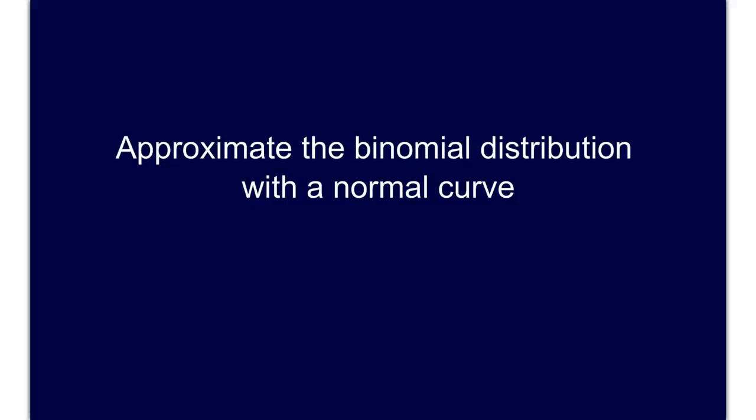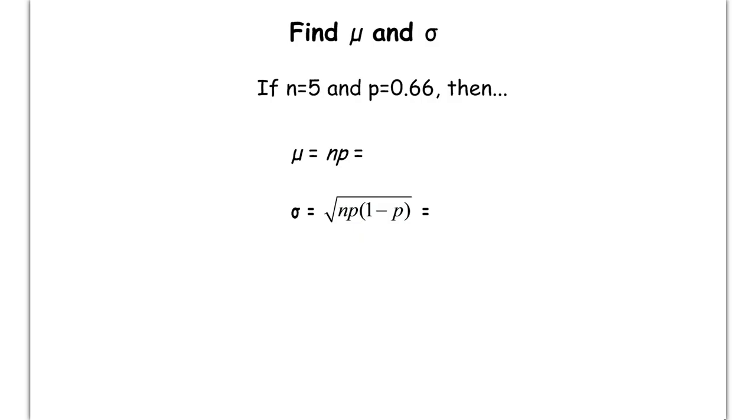Under certain situations, it will approximate the binomial distribution using a normal curve. Imagine that we have a situation where n, our number of trials, is 5, and our probability of success, p, is 0.66. If we want to find the mean and standard deviation of the binomial distribution formed by this information here, with n equal 5 and p equal 0.66, the way you would do that is using